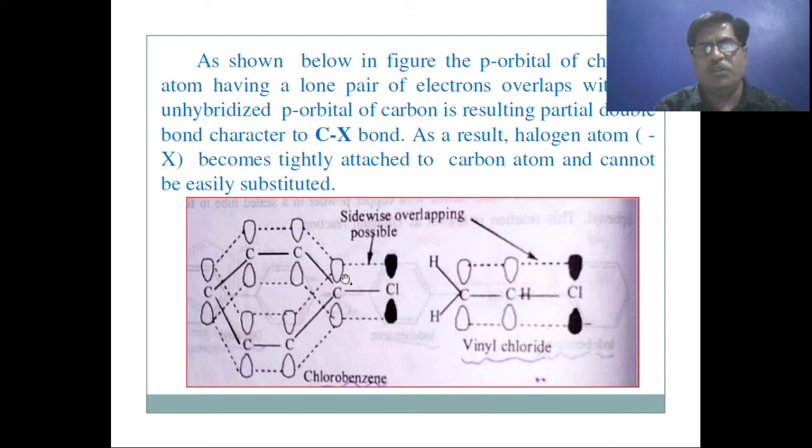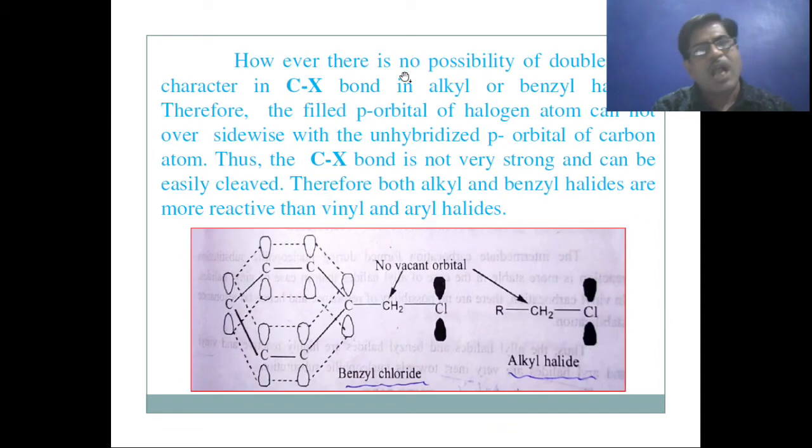Sidewise overlapping is possible here because this halogen contains a lone pair of electrons. Also in this vinyl chloride, this halogen is attached to this carbon, so sidewise overlapping in aryl halide and vinyl halide is possible. However, there is no possibility of double bond character in the CX bond in alkyl halide or